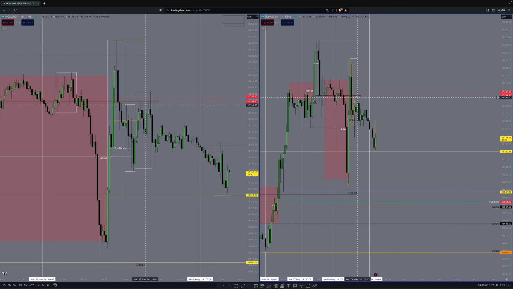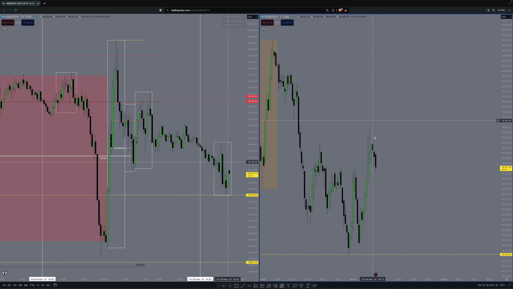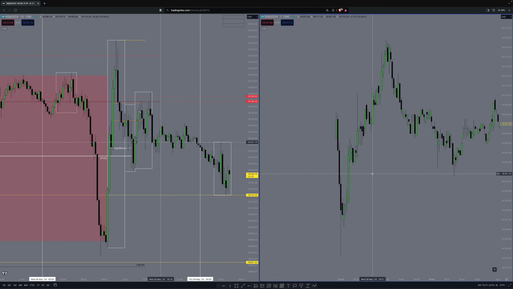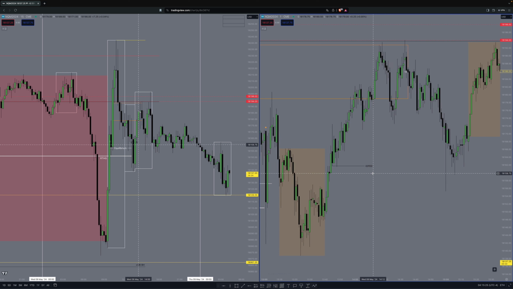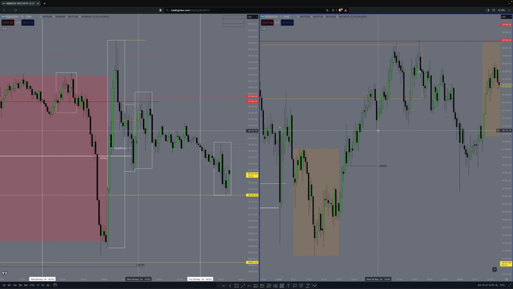And also, what is all this? This is the 1 hour inverse fair value gap, right? We have so many inverse fair value gaps and the new day opening gap and all that. The price is just stuck between everything. So I'm not very, how do I say this, this is not the ideal market that you want to trade. So I was looking for some more bread and butter trades.